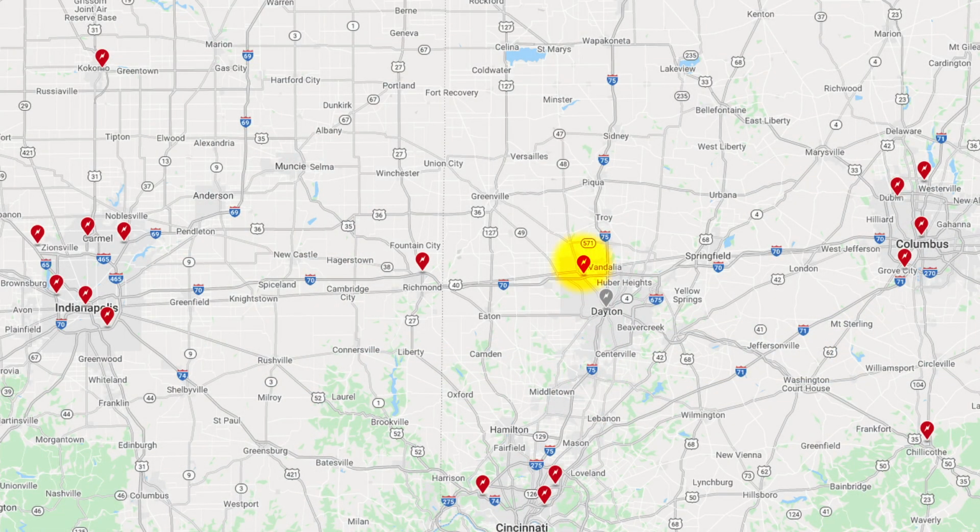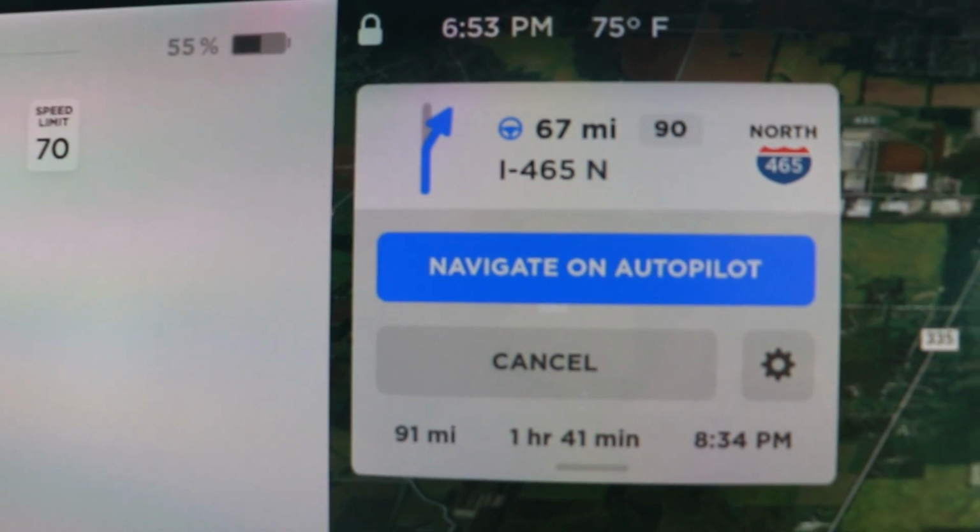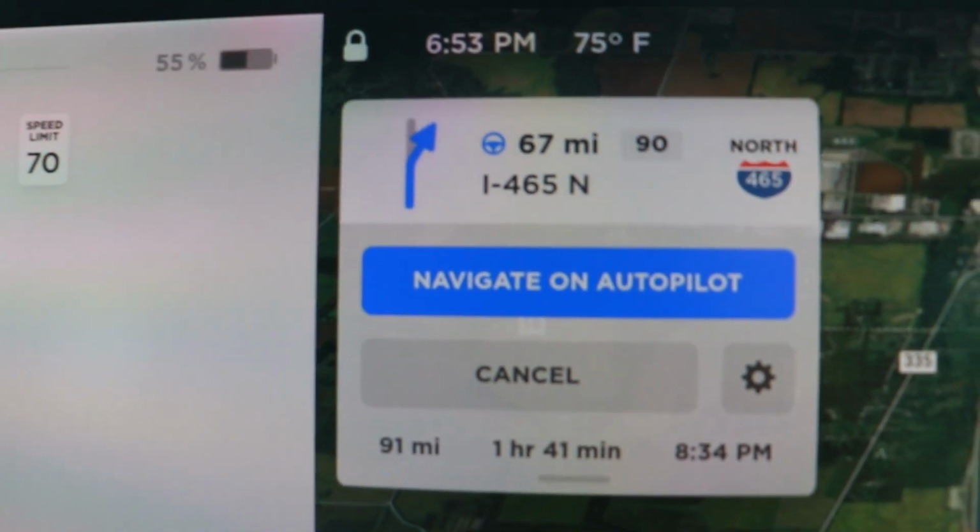All right, so we're about halfway into the trip here. Usually, like I said before we left, we stop in either Inglewood or Richmond, Indiana. There's superchargers in both those locations, but we're not doing that on this trip. So we left with like 93%. We're currently at 57. We've got more than enough battery to get to our destination, and we're doing really well